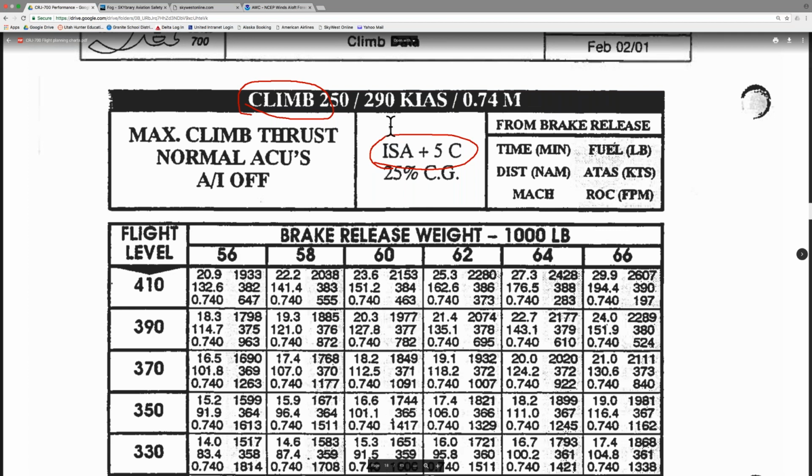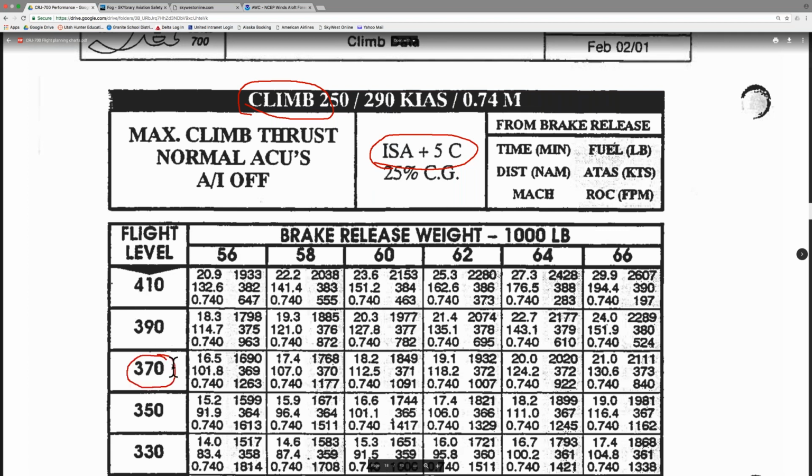The way this all comes together, and the reason why we're figuring out the standard adiabatic lapse rate and the standard temperature at altitudes, is because we're going to take that information, figure out the ISA deviation, the average ISA deviation over a certain segment of our flight, and then use that chart to derive our performance at that altitude.